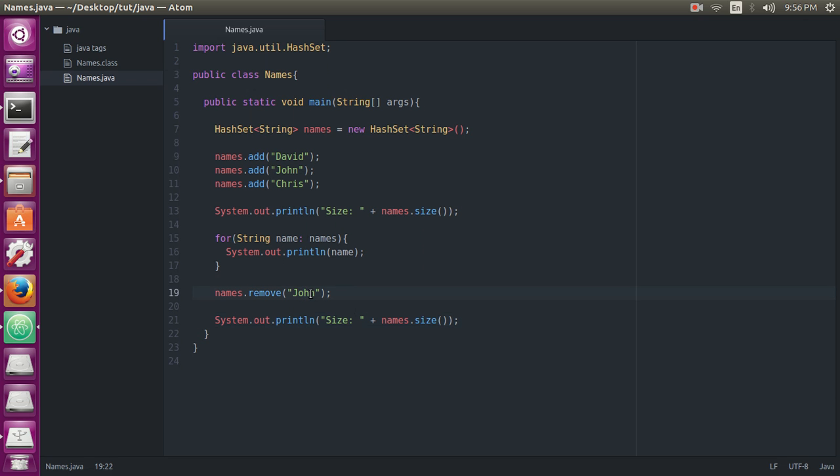And if you by mistake enter someone else's name, then some other name will be removed. So correctly enter the value.